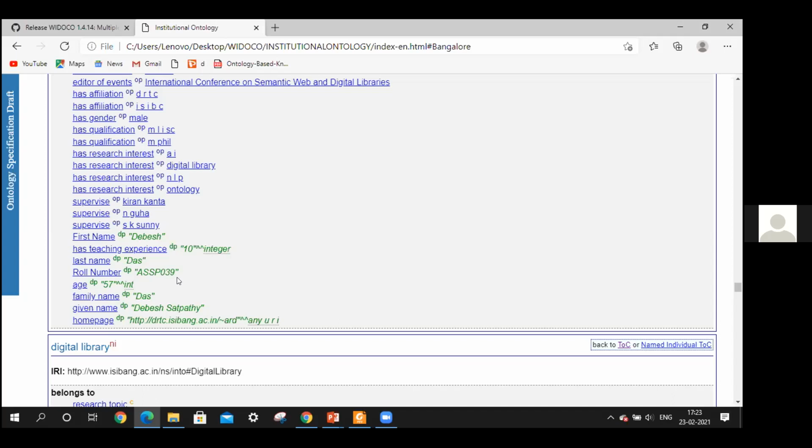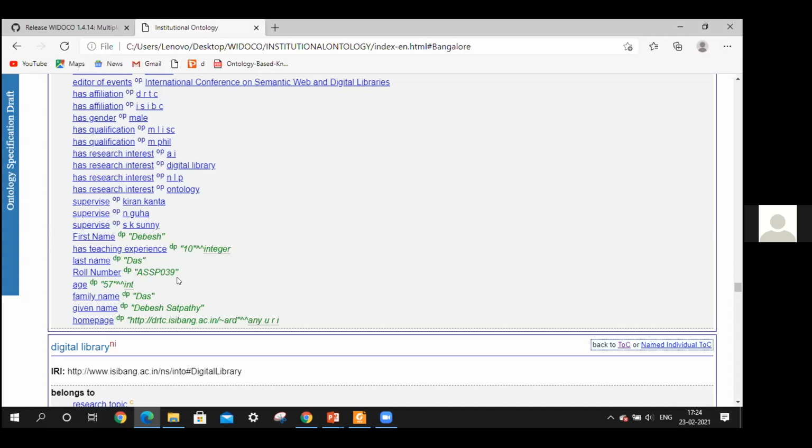So see this, whatever you have in your ontology, that's only what we are going to see here. The way you express it, say for example, here we have given has teaching experience. We considered in our ontology model, the domain model, that experience can be, of course you may deviate from this idea. You may say that no, I can write 10 years 6 months or 8 months, I want to write. So in that case, of course, it becomes like a decimal, right?